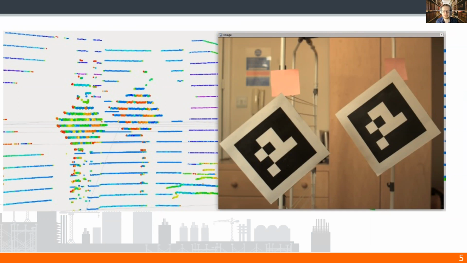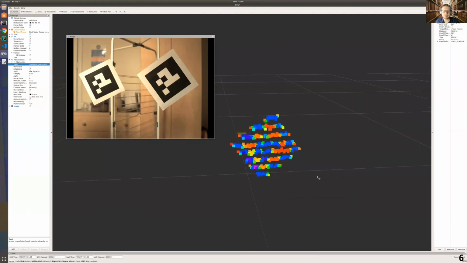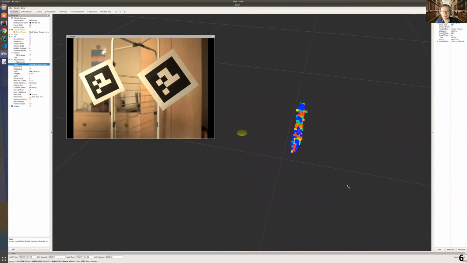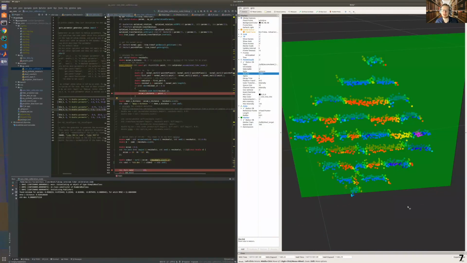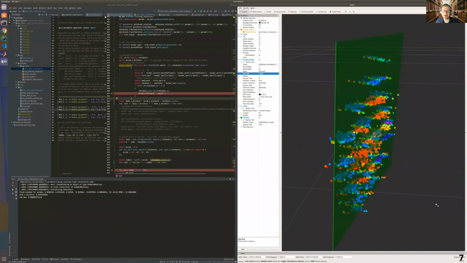The result is such a point cloud. When we filter out the background and leave only one target, that will be the result, a small portion of the whole point cloud, which represents just the target. Now we know that our target in reality is very thin and flat, so we can fit a virtual plane